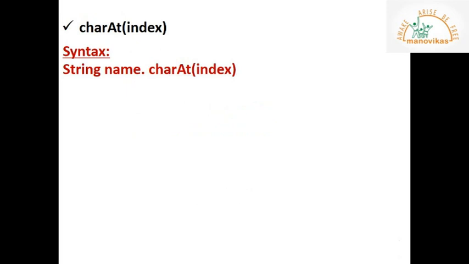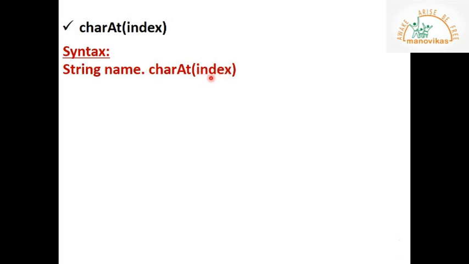The next function is charAt. CharAt is a function which is used to find out a character at a particular index. So the format is name of the string followed by a dot, then the function name, that is charAt, and a particular index.